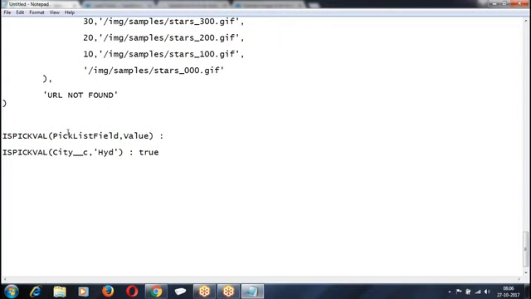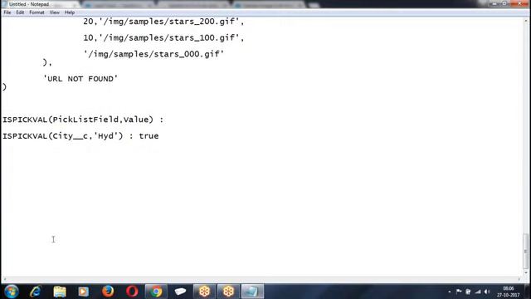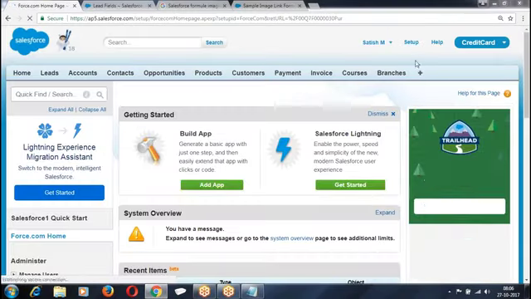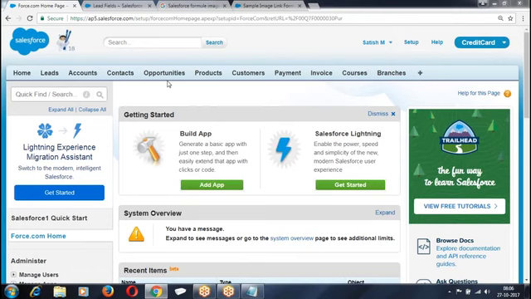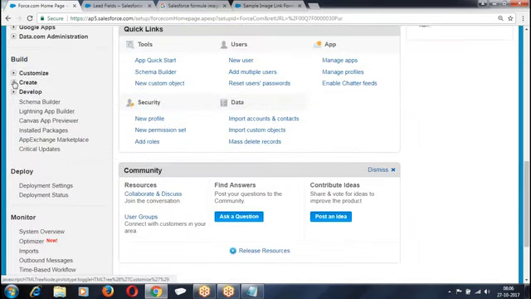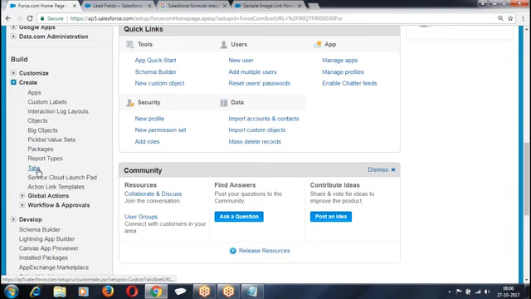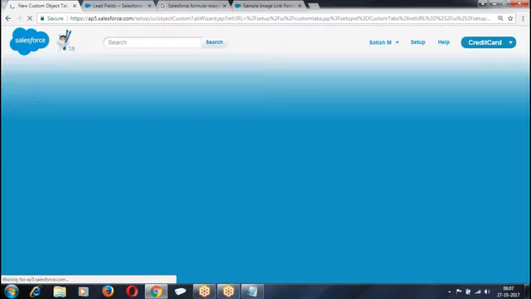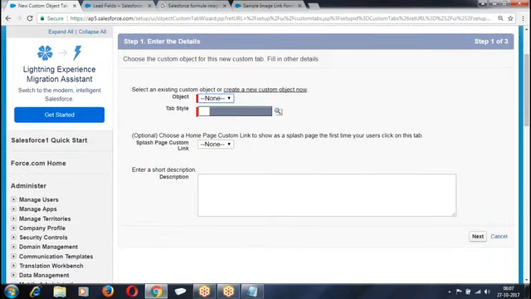Let me give you an example. Let us go to the loan object first. Build, create, tabs, loan.